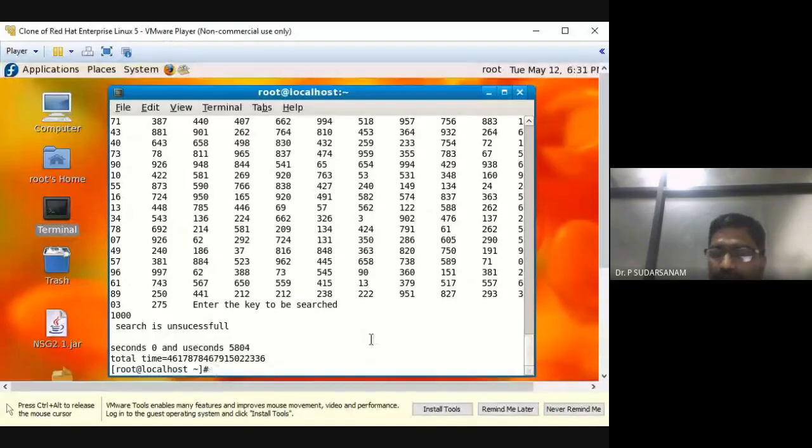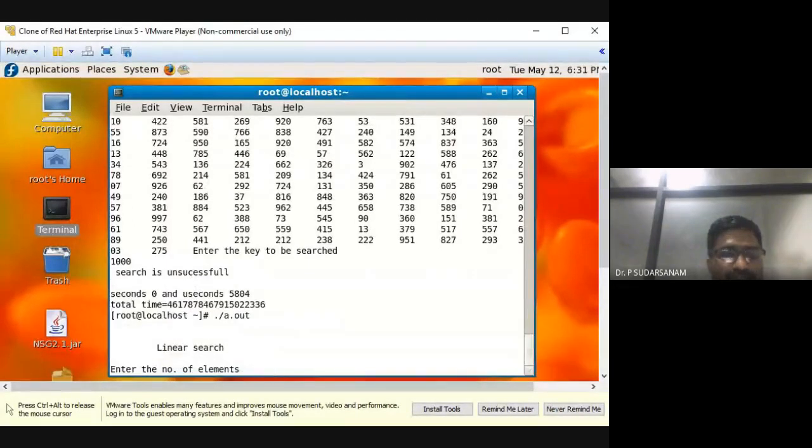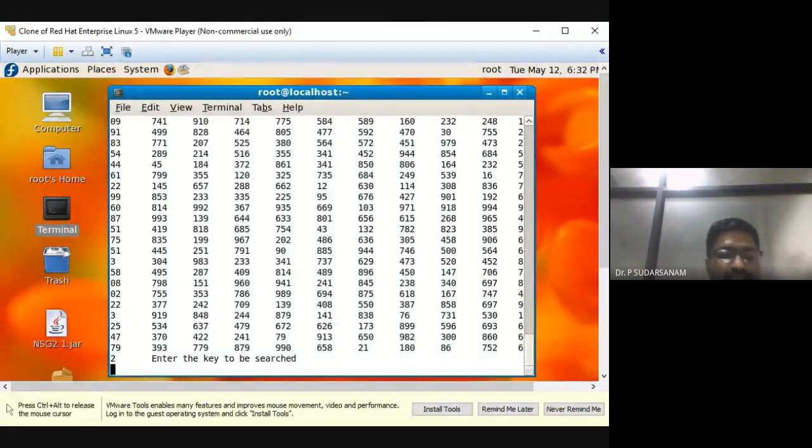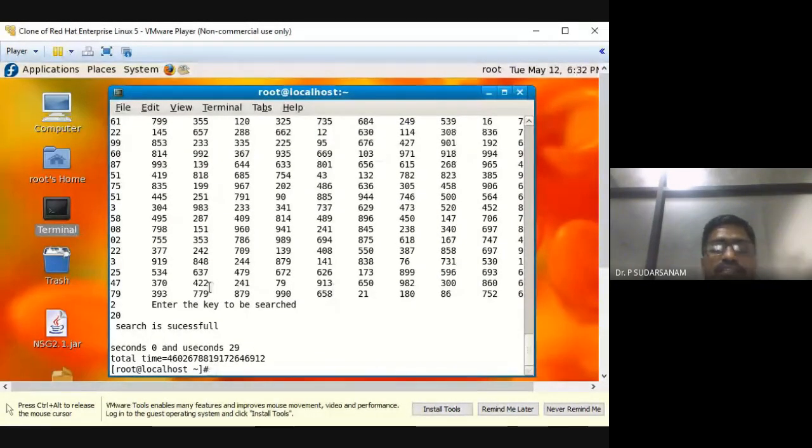Okay, one more different value. Now I will enter 5 lakhs. Enter some value, whatever you want. Search is successful. These calculations will be printed. You don't worry about that. Whatever big number, you copy it and put it, and the graph will be taken care of automatically.